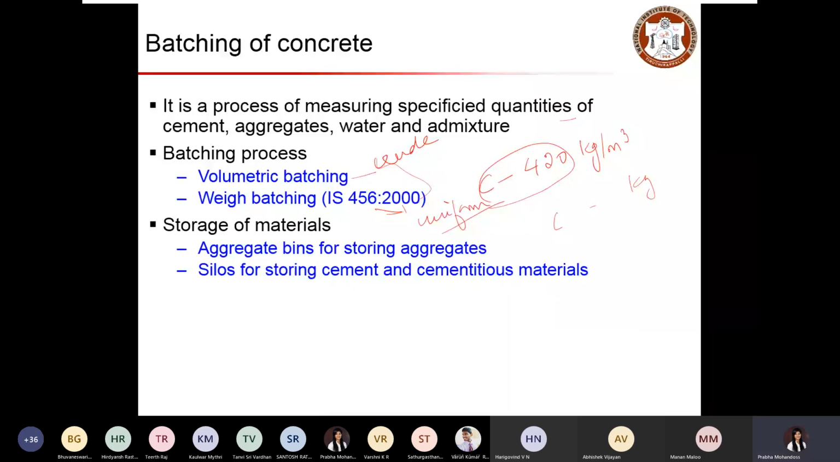Once you batch the materials, it is also important to know how to store those materials, right? If you just batch the material and leave your materials outside or without proper storage, then if it is water, there could be some water loss due to evaporation. If there are aggregates, depending on the atmospheric conditions, your aggregates may